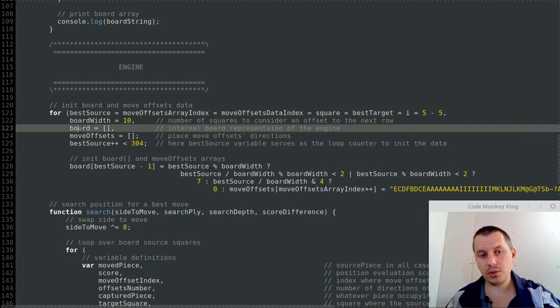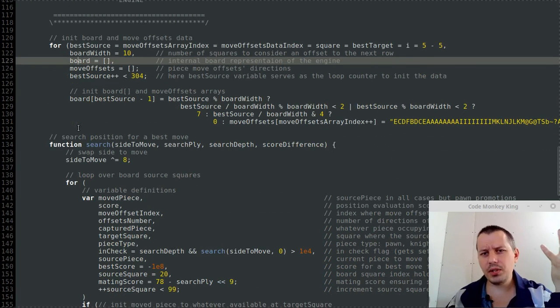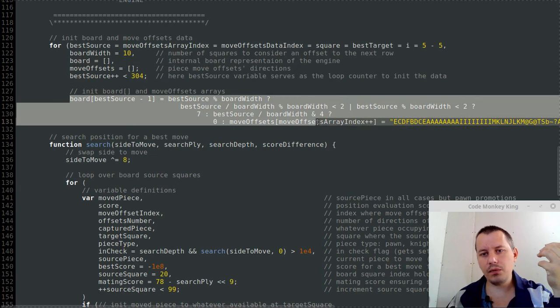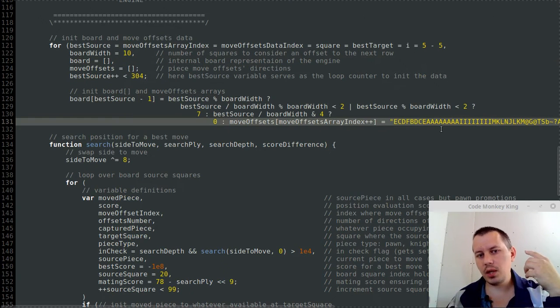So the first contains the board array, the board representation with the pieces. It also has some additional data, which, well, doesn't seem to be doing anything. So it seems like a side effect of this highly obfuscated initialization routine. And it seems like, again, one little note, guys. When I say it seems like, that really means what it means, because